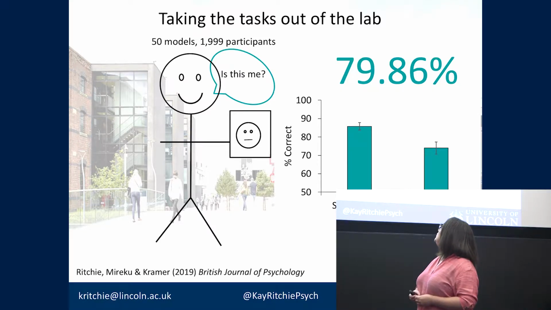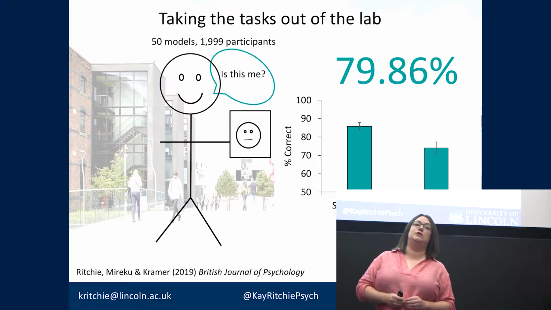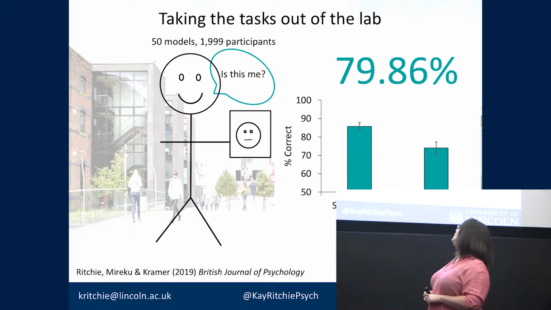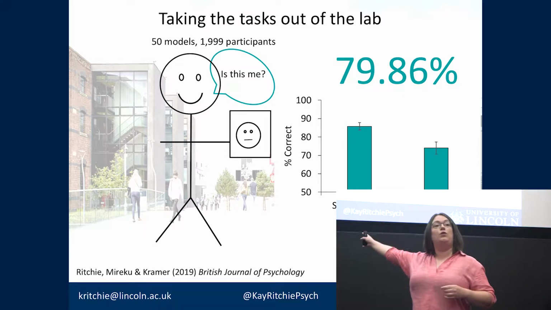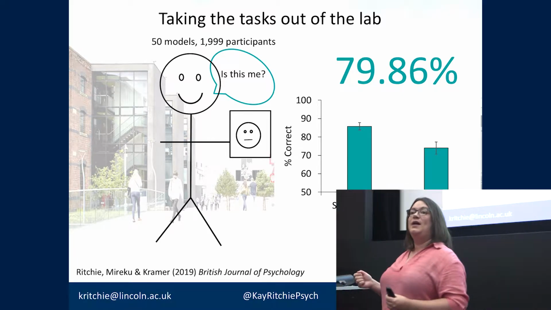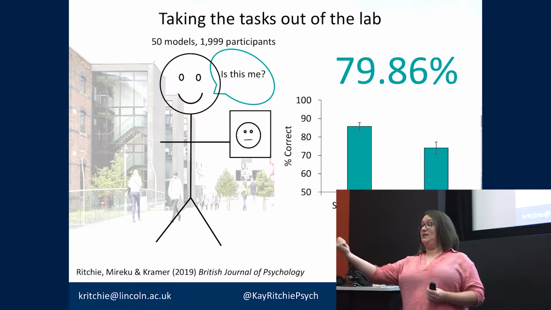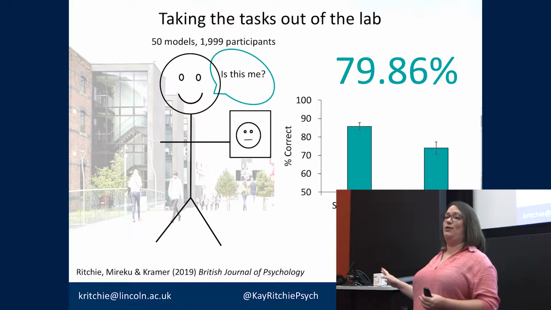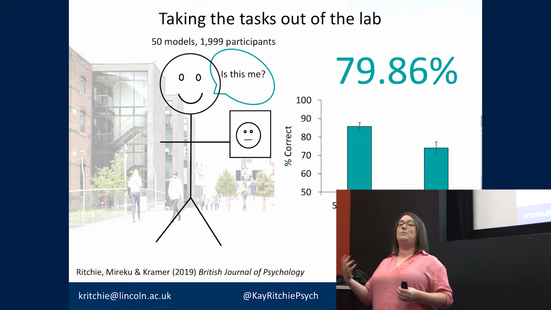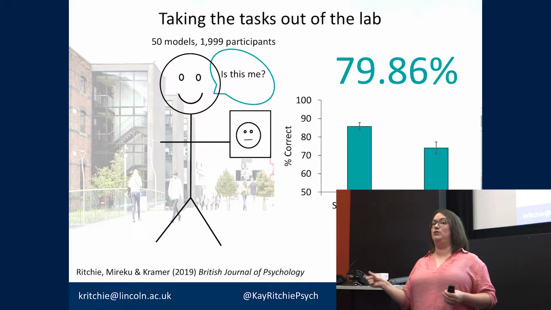So what we did was we had, in the end, 50 models on this task, so 50 students who actually had some input into the design and did this experiment. And what they did was they went out on campus and they were armed with a photograph of them or not them and someone who looks a bit like them, and they just said, is this me? So it's like a 2-minute psychology experiment, everyone's dream. And we can collect real data on what people are doing when they're comparing a passport-style photo to a photo